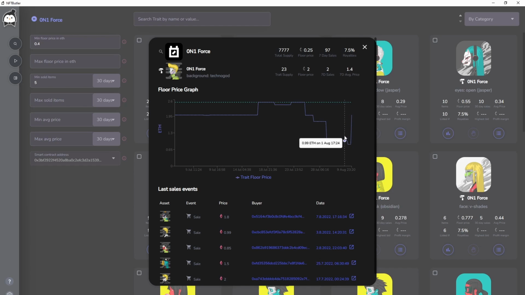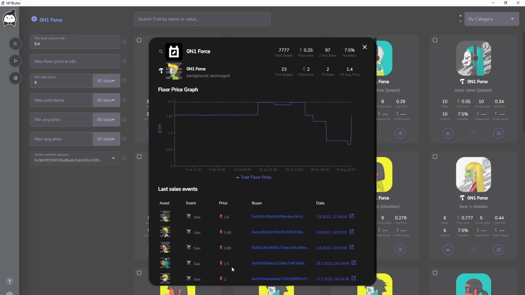We basically calculate this data while scanning the collection, and whenever we record a change on a collection, like an asset was sold or listed, we will also update all this data for every trade. This is part of our microservice which will scan all the assets all the time and monitor the events. So you get this floor price graph for each trade,